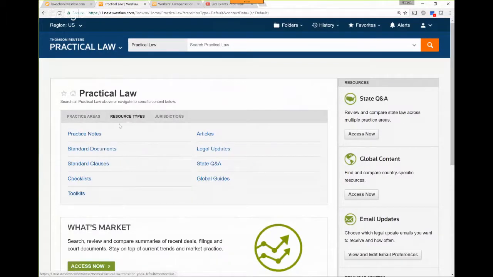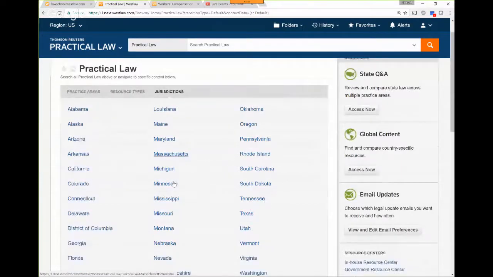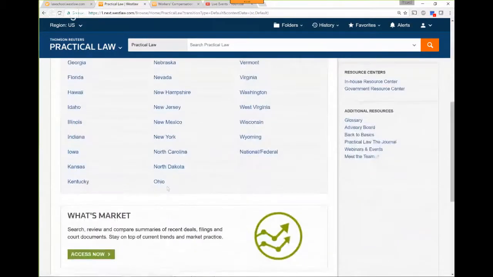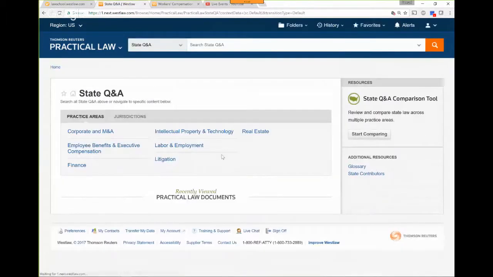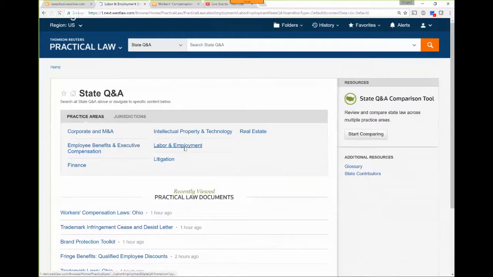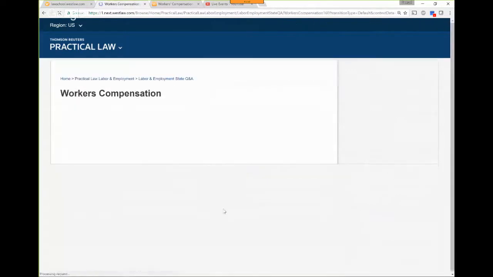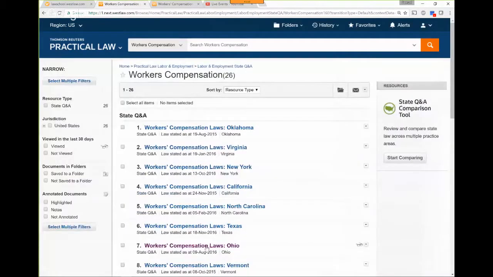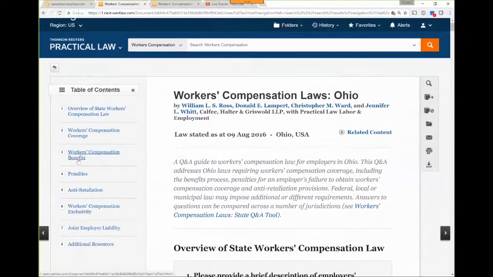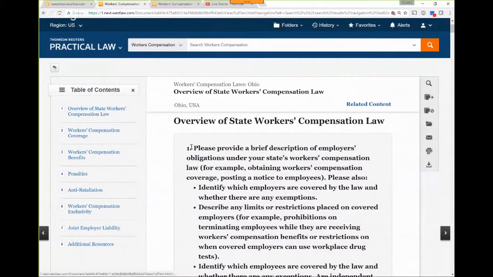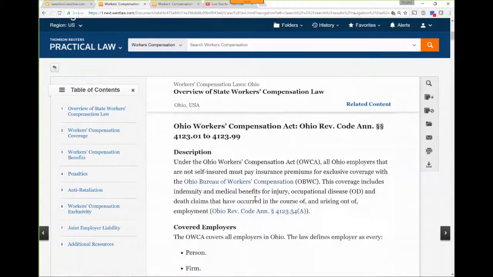If you want a particular type of thing, maybe you're just looking for a standard document, then you use one of those. Or if you're just looking for a jurisdiction, like maybe Ohio down there, we use the state Q&A to get a rundown of a labor and employment issue, specifically work comp in Ohio. And when we did that, you'll notice these three lines along the side, and once we click on them, they actually take you through an analytical framework that's quite important, like even just understanding what the law is in Ohio,